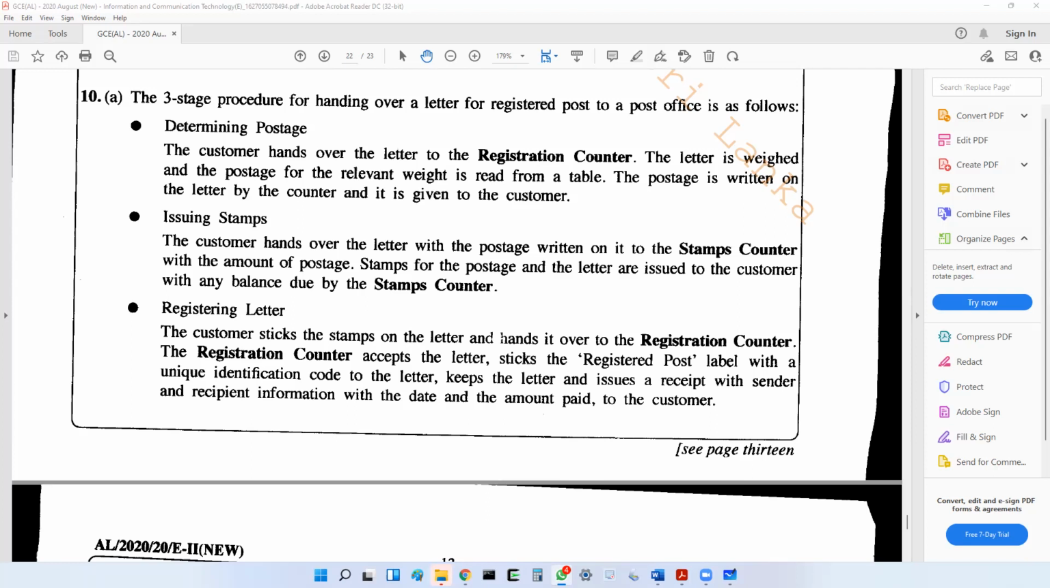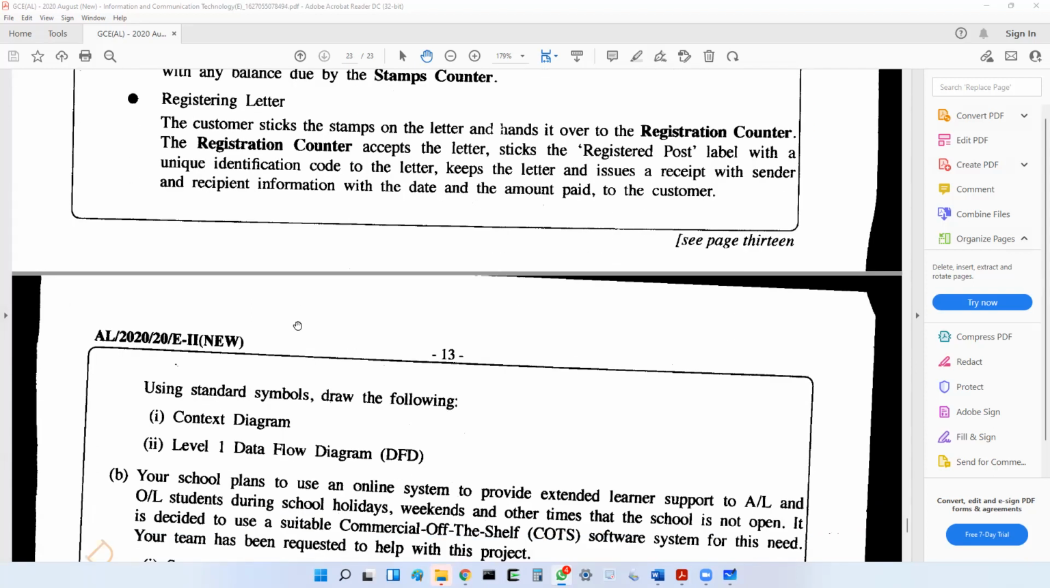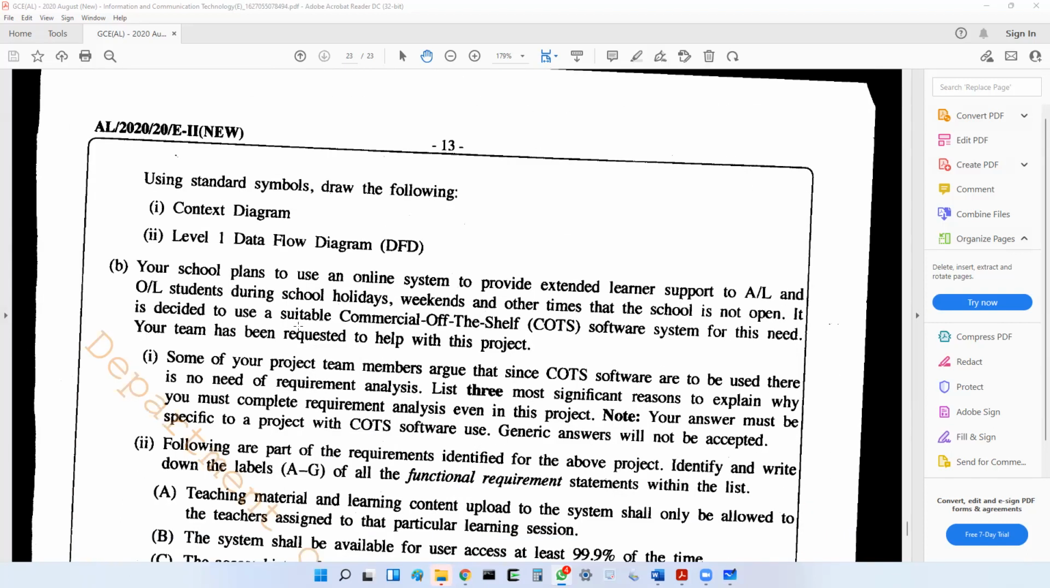Then the final step is registering the letter. We have the registration counter and it accepts the letter and sticks the registered post label with a unique identification code to the letter, keeps the letter and issues a receipt with the sender and recipient information with the date and amount paid to the customer. Right. Okay, so here is some information. Right, now the question asks,